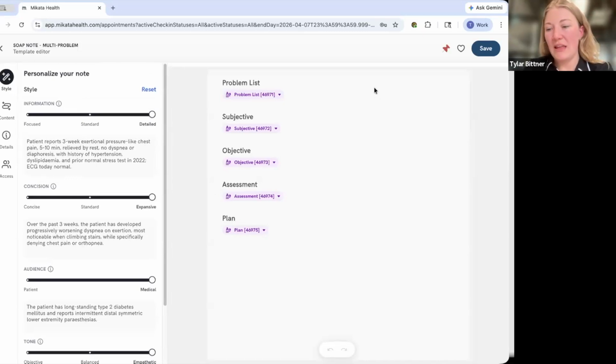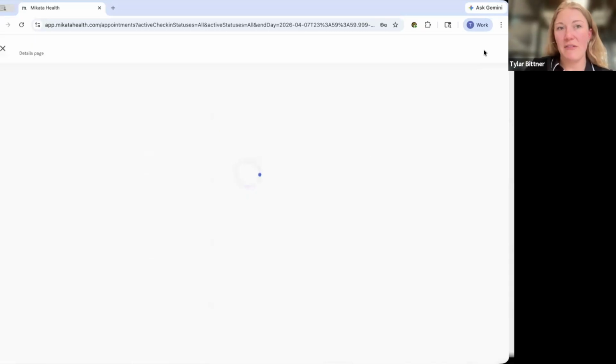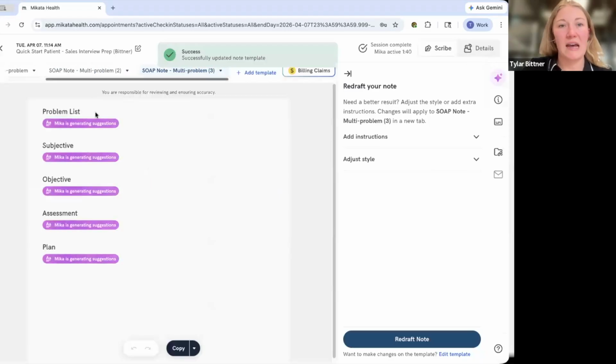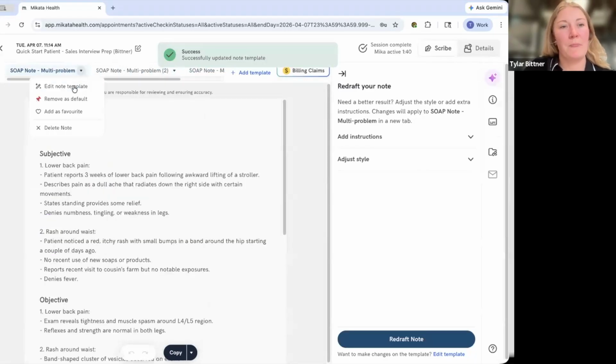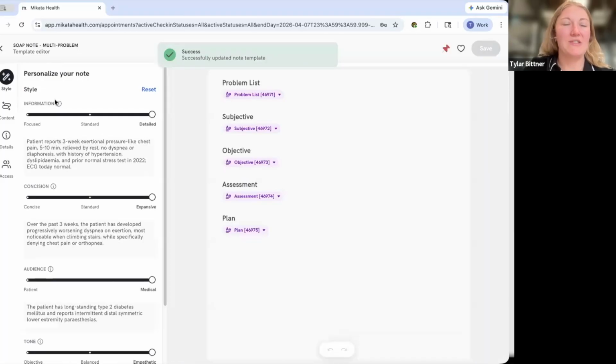What I can do then is just go ahead and hit save, and moving forward, it will always have those same settings.